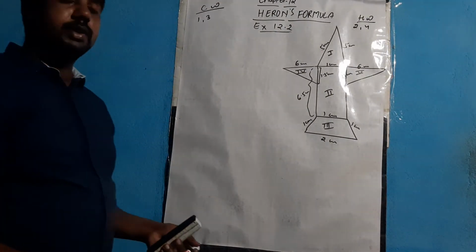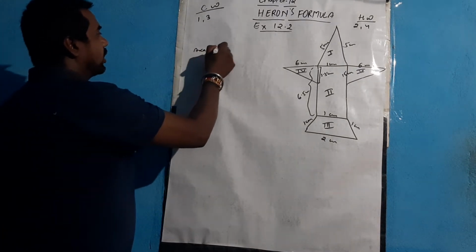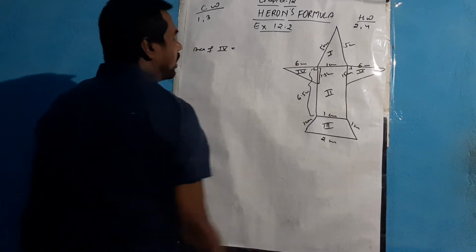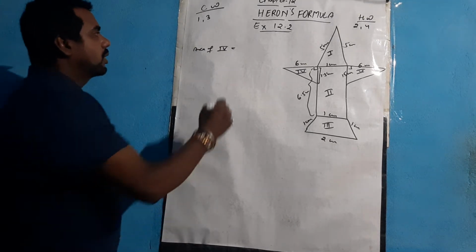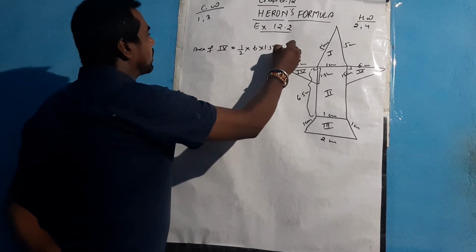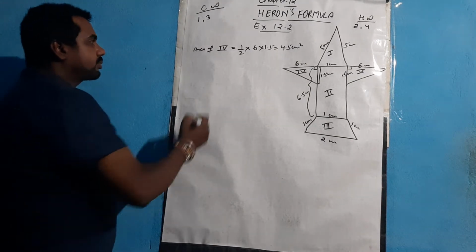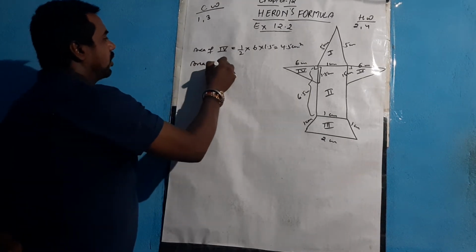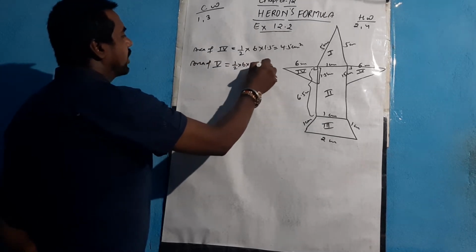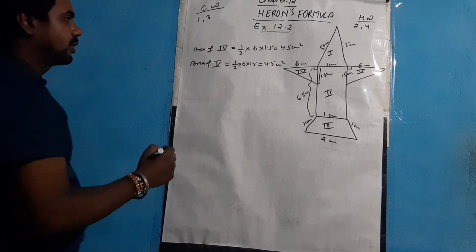First we'll try to find those parts which we can calculate easily, like the area of 4 and 5. So area of 4th will be, as it is forming a shape of a right angle triangle, we'll apply the formula of half base into height. So that becomes half 6 into 1.5. This will give you 4.5 centimeter square. Similarly, area of 5th part will be the same, half 6 into 1.5. So this will also be 4.5.